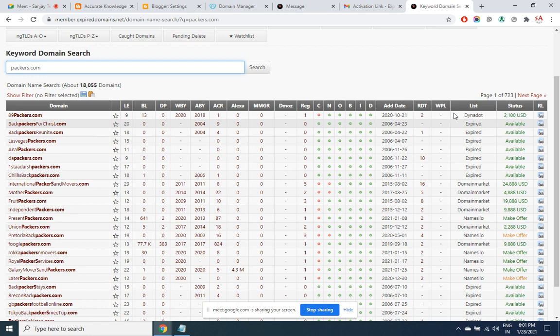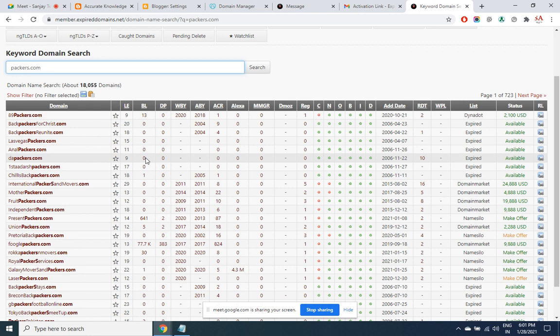There are 723 domains. Now the biggest question: which domain should I purchase? Purchase the domain whose age is very old. Point number one: it should have a sufficient number of backlinks. BL means backlinks, which we are going to discuss in SEO. This figure simply means whether SEO is done or not. The bigger this figure is, the more SEO is already done. Later we'll understand what BL is.